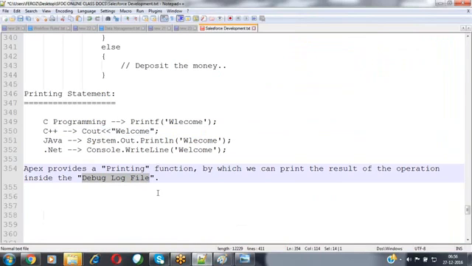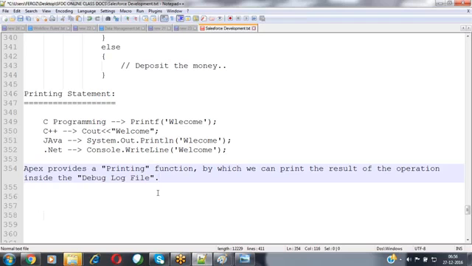This debug log file describes the entire execution flow of your application. So when you click on the save button, what happened internally here? How the code was executed, in which sequence it was executed, how many DML operations you performed, how many records you retrieved, and how many queries you executed. Everything can be cross-checked inside that.